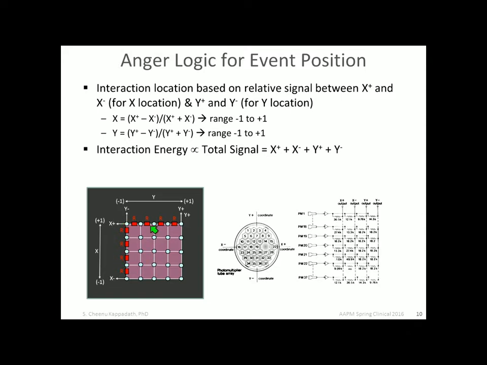For example, if the event was in the middle, there's equal signal, so when you do this math, one minus the other, the y-axis, for example, is 0. If you go towards one side or the other, one signal is attenuated less than the other. So by looking at the relative difference between the signals, you can determine the position. Modern gamma cameras use more sophisticated algorithms to determine position, but this is the conceptual idea of